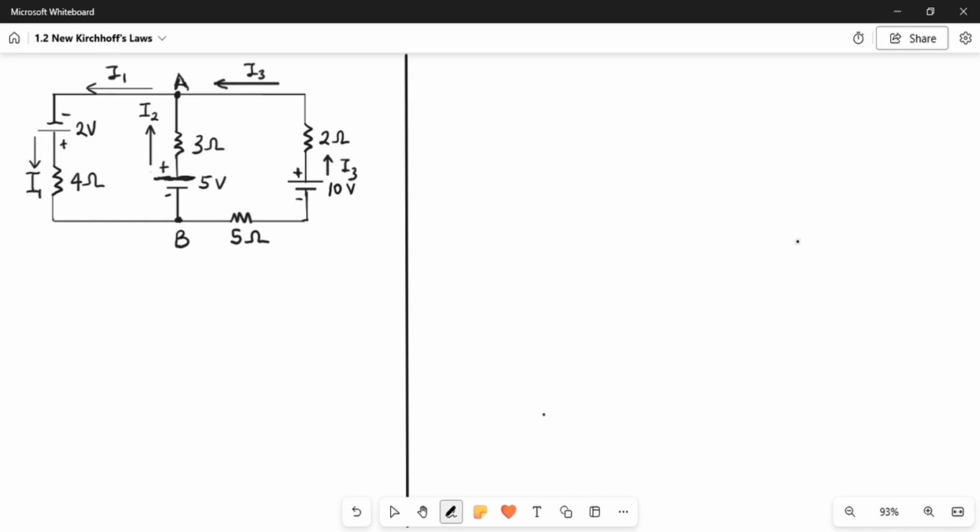So in all, we have I2 and I3 entering this node or this junction at point A, and I1 is leaving. So the first thing to do, having assigned the currents and their different directions, we have to apply Kirchhoff's current law to solve for the values of I1, I2, and I3. So Kirchhoff's current law, I'm going to use KCL for short. So KCL at point A